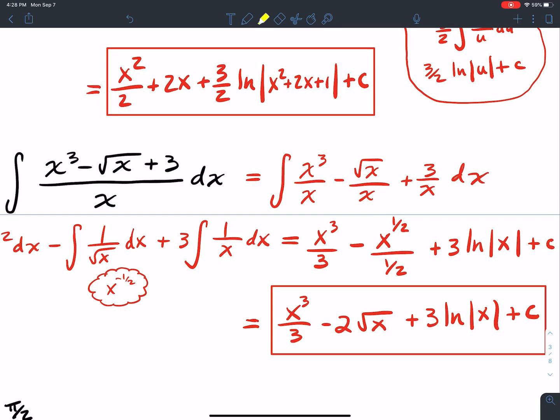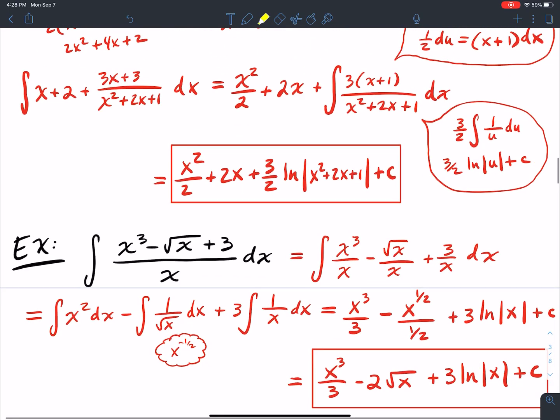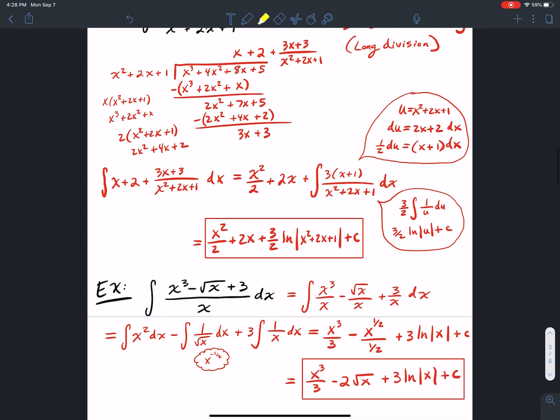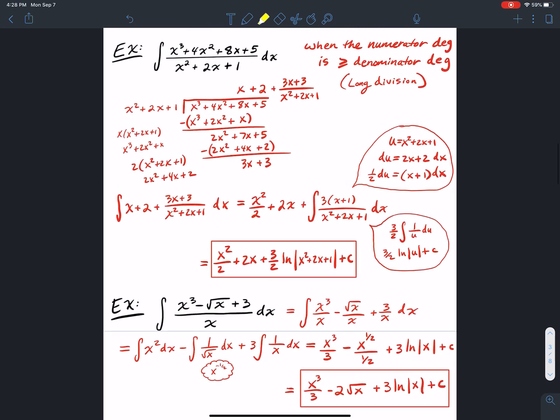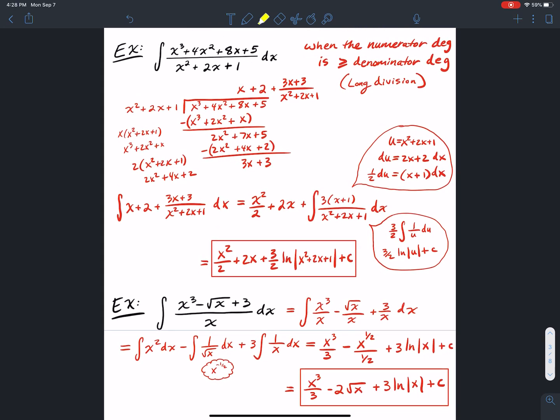All right, so that covers 2 little tricks, algebra tricks that you can use before you start trying to do U-substitutions or applying your